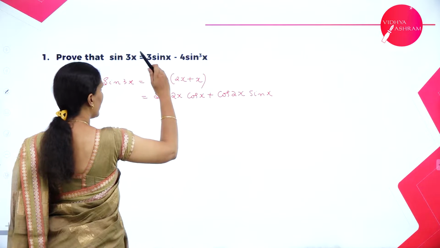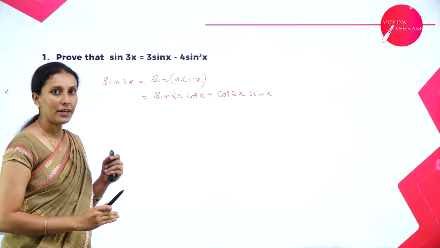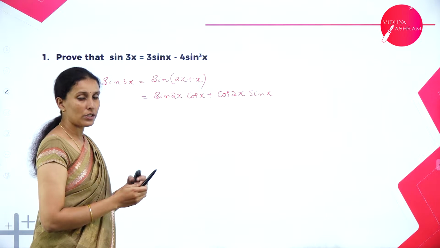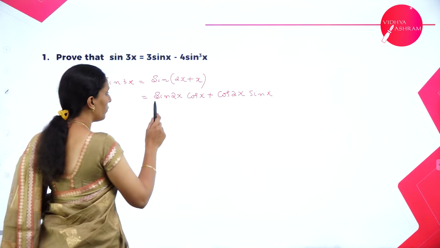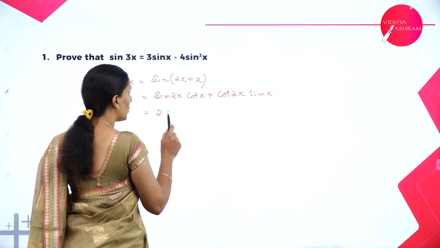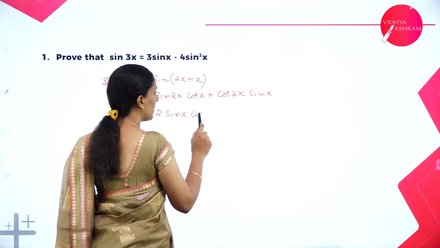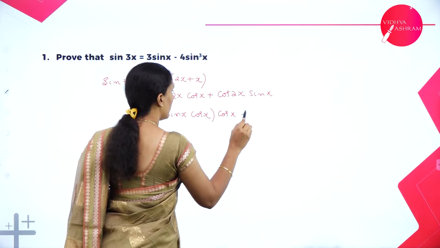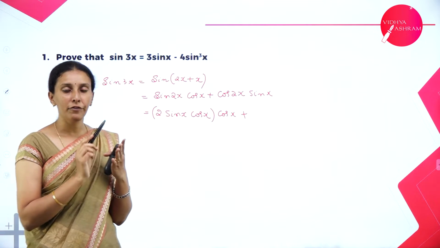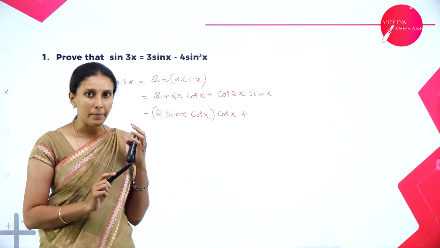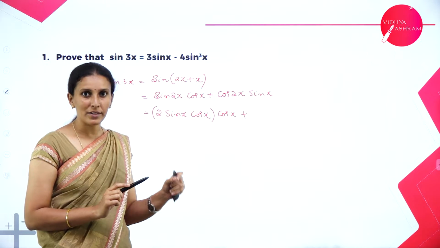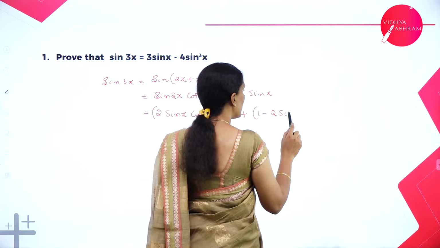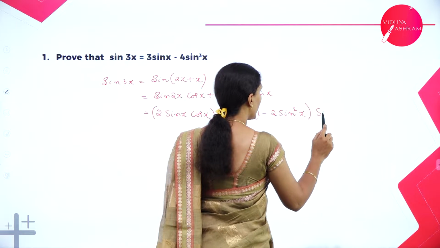Look at the right hand side here. Here all the terms are in sine only. That's why, other than the sine function, if you get any other trigonometric function, convert it into the sine function. We know that sin 2x is 2 sin x cos x. Using the multiple angle formula, we have one more cos x outside here. Plus cos 2x can be written in four forms. In that, cos 2x can be written as 1 minus 2 sine square x, where it has only the sine square term. So that's why I will use the 1 minus 2 sine square x formula for cos 2x,